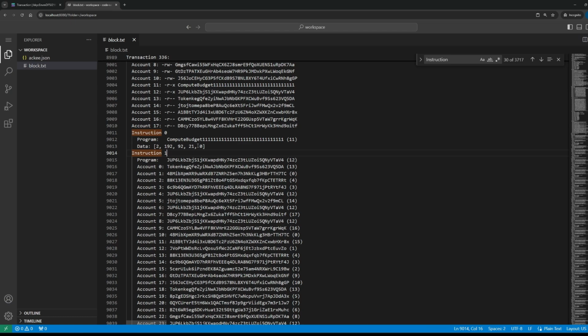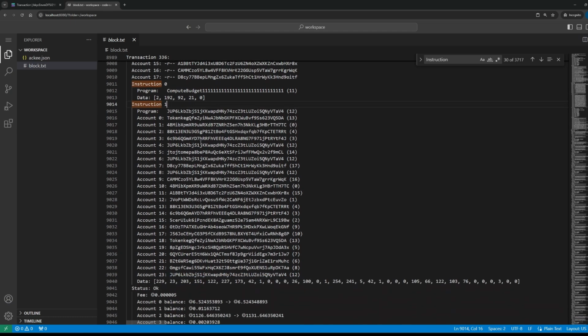I completely understand that this might be unfamiliar to you guys, but you can see instruction 1, plenty of accounts as inputs. You will learn what the accounts are in the next lessons. But what is important is this program at the start, and I would say it belongs to Jupiter. So someone is invoking some instruction that corresponds to the Jupiter program, and you probably know that Jupiter is a pretty famous DEX on the Solana with really great volume. So that's just an example of an instruction that can be in a transaction.